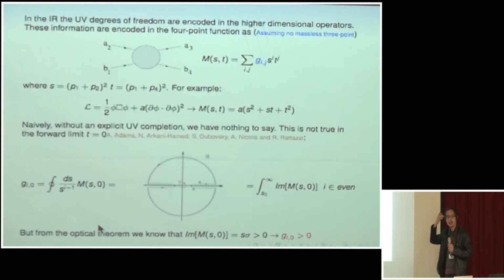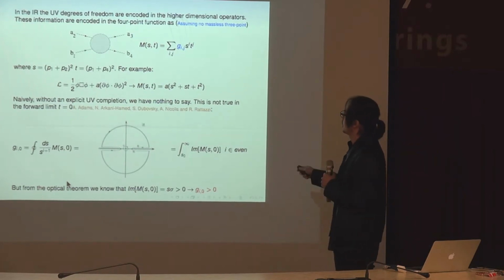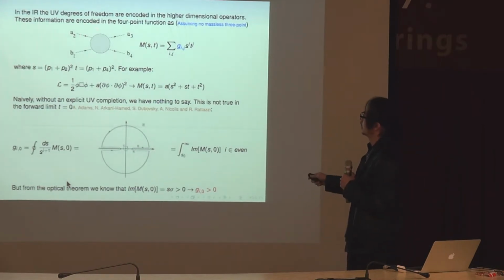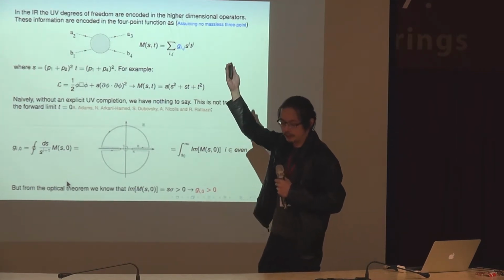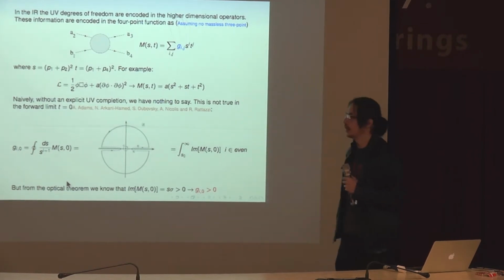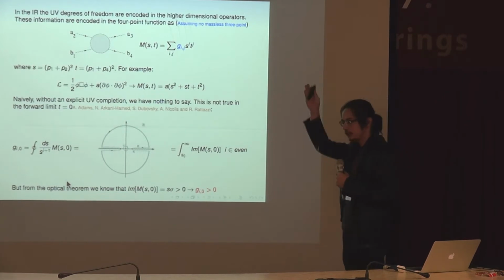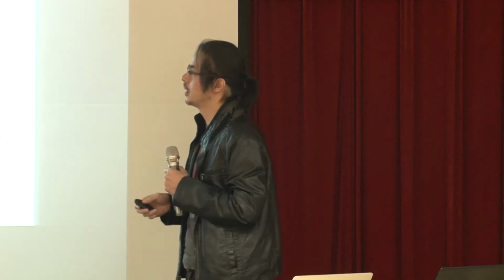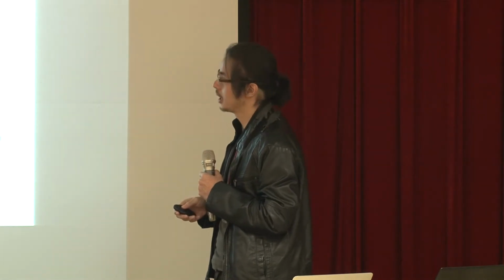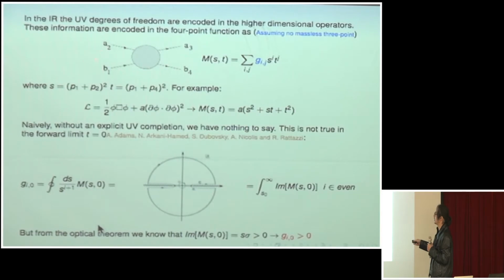So first of all, let me begin with the effective field theory. Let's just take things simple and consider an effective field theory. By effective field theory, we mean that there's some UV fixed point or some UV theory that completes your theory, and you're just looking at the low energy. Therefore, in the low energy, all this UV information is encoded in the coefficients of these higher dimension operators. And these coefficients, in turn, appear in the 4-point S matrix,